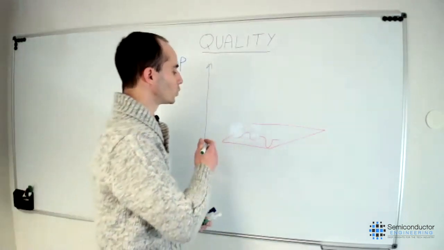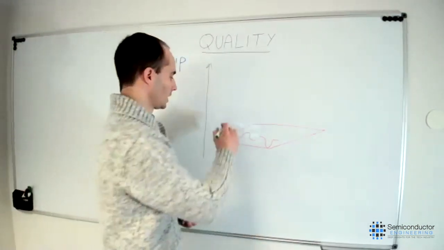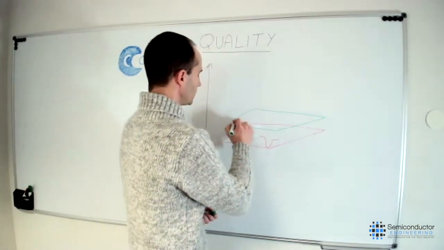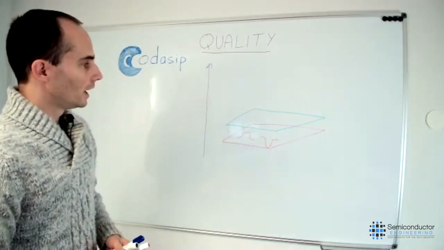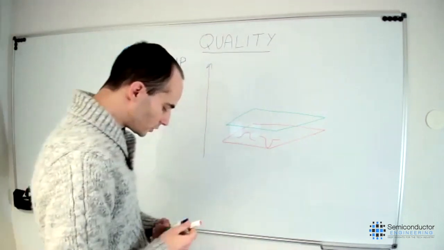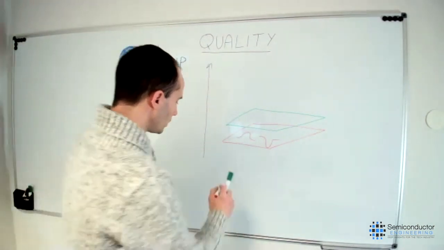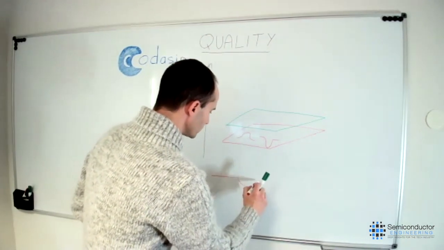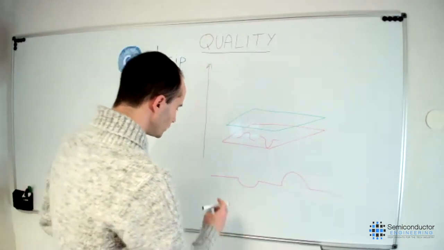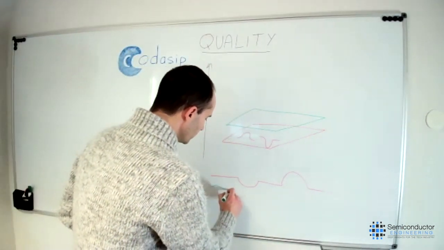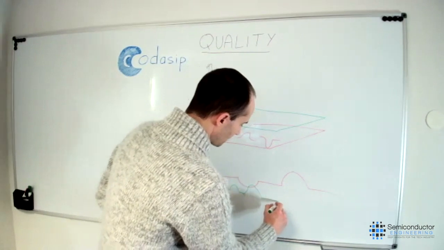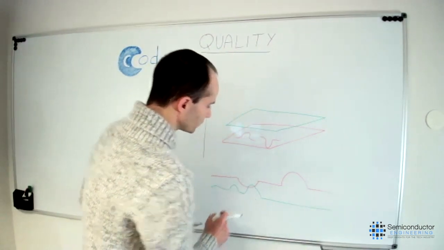So let's say the quality of the verification is on the same map. I'll put the quality of the verification on the same drawing. And the thing is, we can measure one point in this map. Let's put it in 2 dimensions. That would be easier just to draw. Here is the quality of the design with some gaps and with some higher quality areas. And let's put the quality of the verification here, which also has some good things and some other things here and here. So let's say this is the quality of the verification.